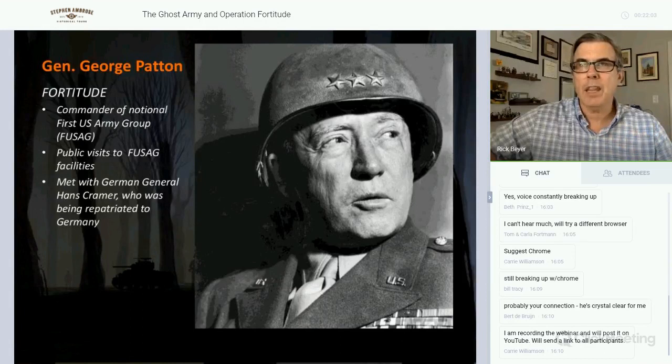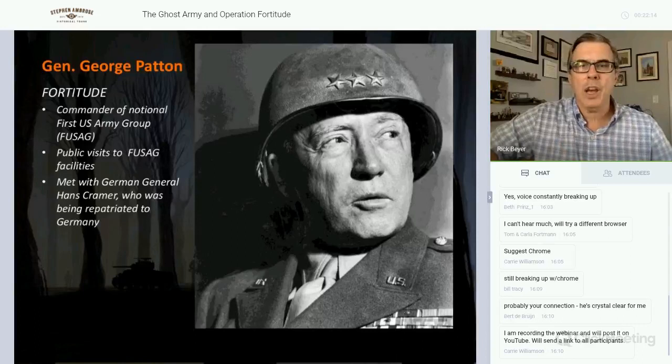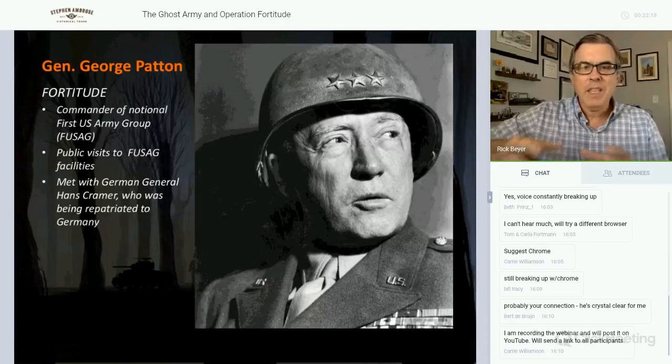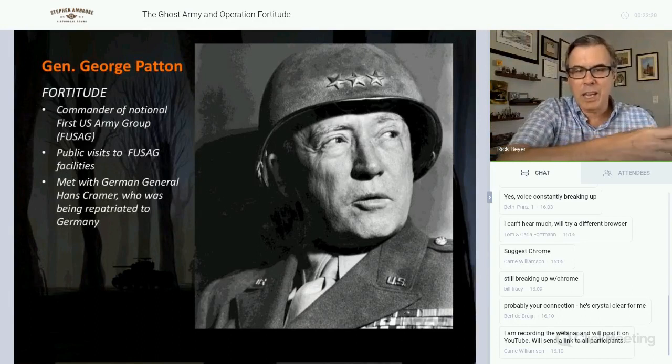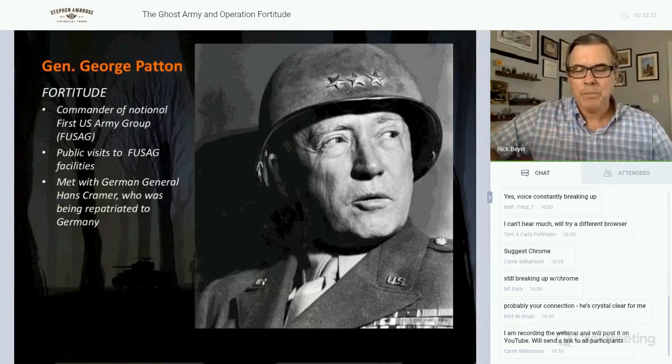He has asthma, and he's being repatriated. He's being traded back to Germany. The deception officers arrange for him to travel through the area where troops are building up in England, but they convince him that it's not where it actually is, but that it's over in the area that we want them to think the 1st U.S. Army Group is. And he has dinner with General Patton, thinking that he's having dinner with the commander of this